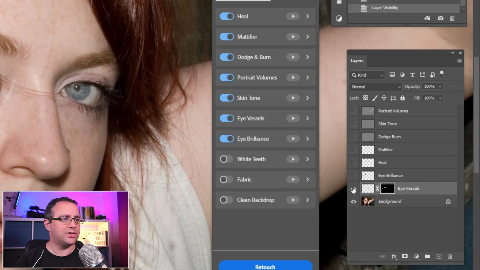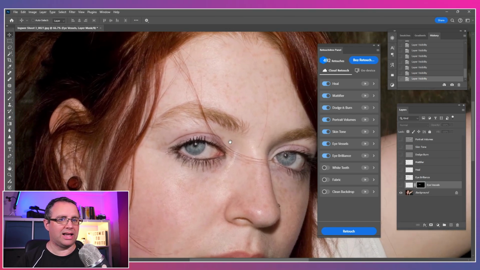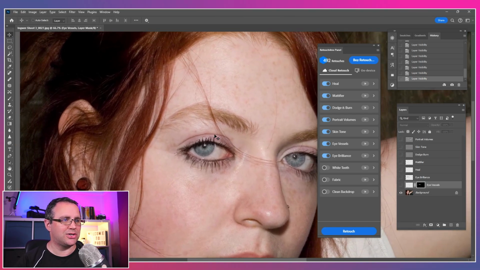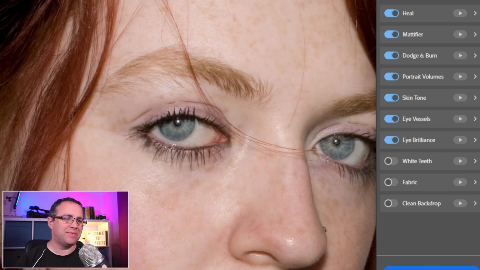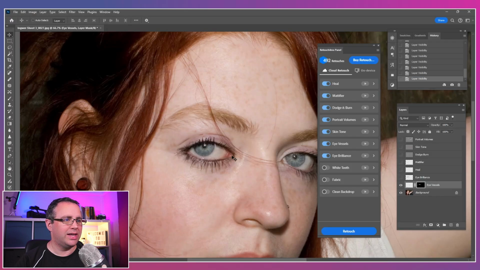So eye vessels. Oh, it's interesting. I didn't think that would be classed as vessels necessarily, but that's just around the tops of the eyes. It's taken out the crease. Don't really think that's kind of perfect. I can see around the actual whites of the eyes, it's done a slightly better job, but it